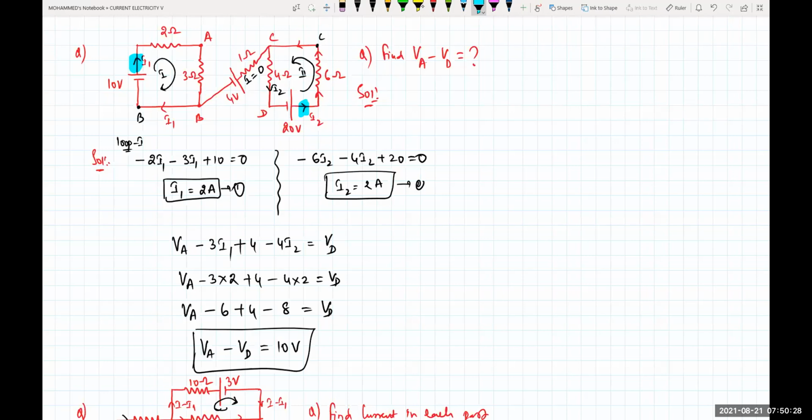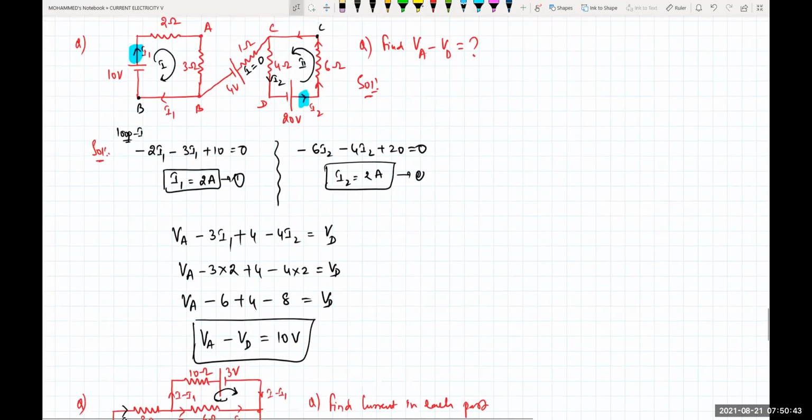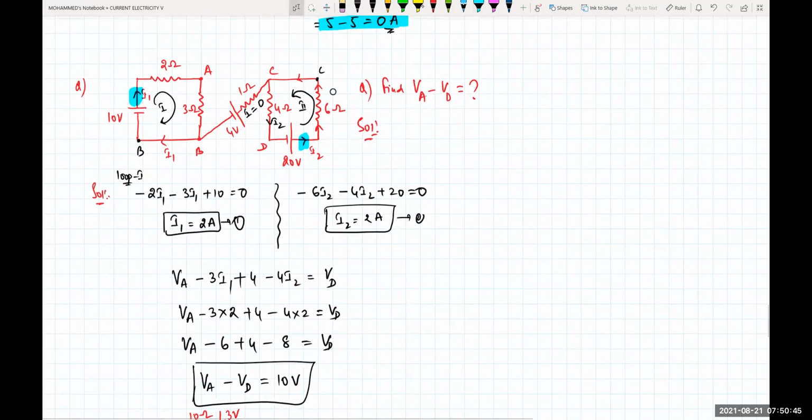So as there is no current from C to B part of relation, this will be ineffective right now for me. Ineffective means the current in that one is generally zero. Okay, so I'm applying the Kirchhoff loop law for your first loop, and the second loop I'm just adding from that one relations. I need the potential from where to where, beta? A to D. So from A to D like this, I need to apply the potential. So how do you write the Kirchhoff law for this loop?